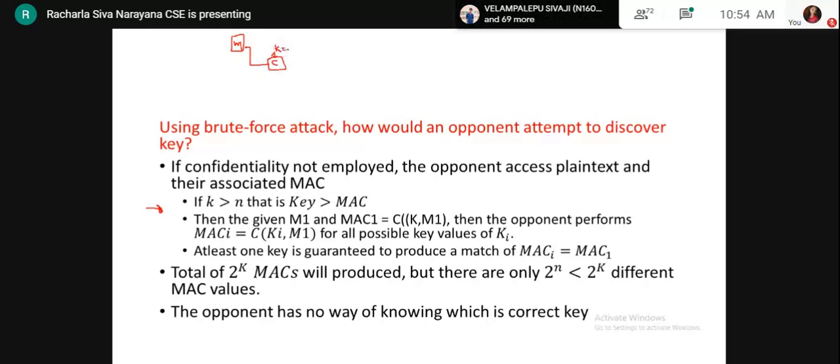Here if key size is 128 bit, for example here key size is 128 bit and generated MAC size. Okay, so this is M1. The generated MAC size is N. So if N is 56,